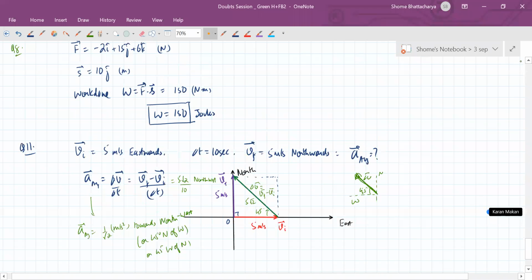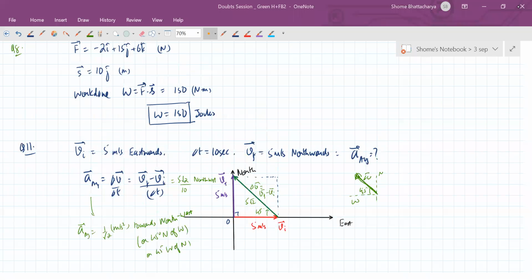Okay, so just make a note of these two questions, those of you who have the doubts in this. No, Kunal, you cannot do that. No, you are calculating the difference of the vectors, so you have to do it by the head to head method. No? Or you can use component algebra.